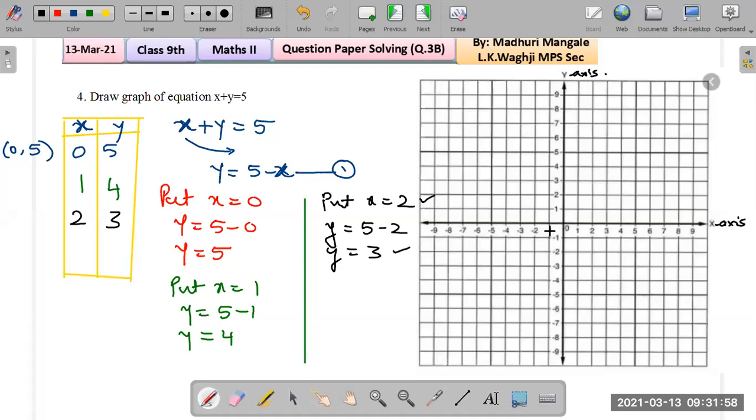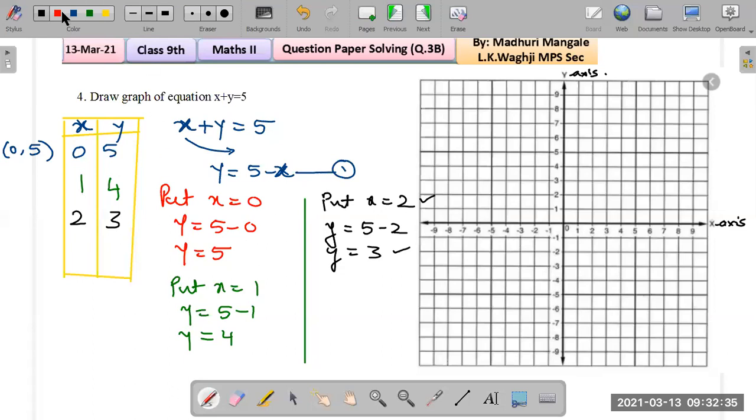And then we are numbering it. So look at the numbers carefully, students. On the x-axis, on the right hand side, the numbers are positive. On the left hand side, the numbers are negative. So -1, -2, like that. Okay, and on the y-axis, above 0, all numbers are positive, and below 0, all numbers are negative. Okay, and also very important, when you are labeling the numbers, label it on the left hand side so that you can show this is -1, -2, like that. Okay, this is how you should label it.